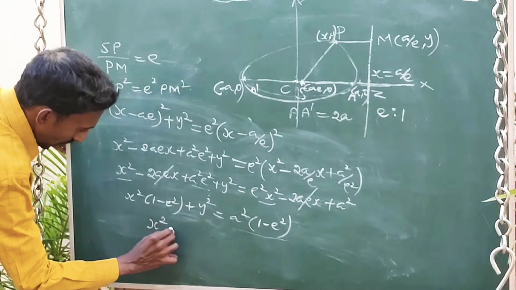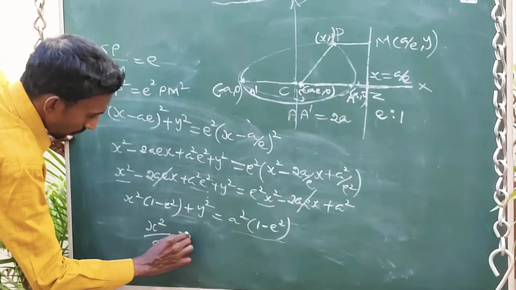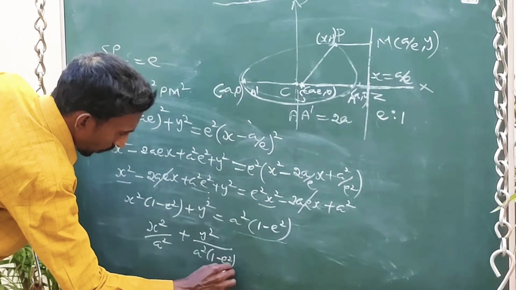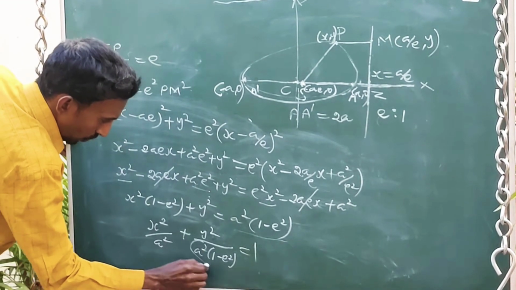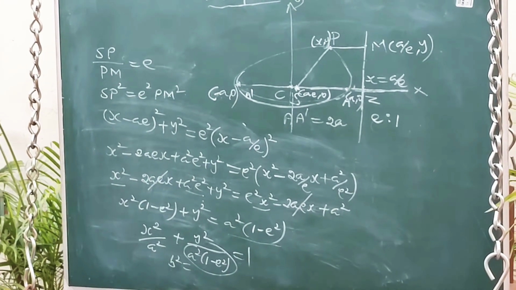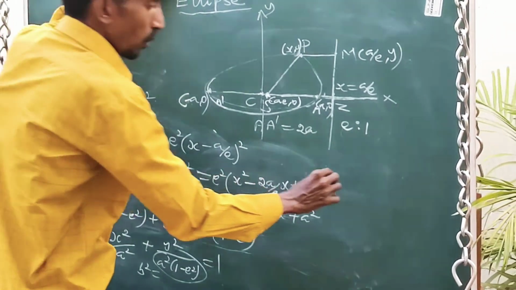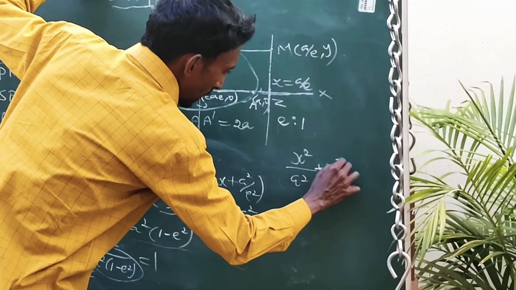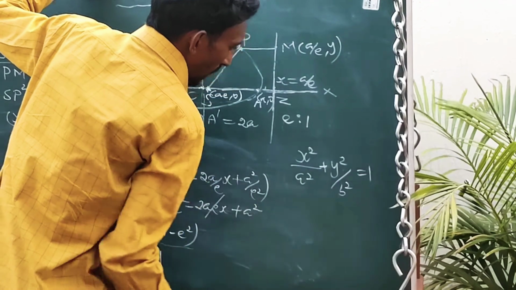We are getting x square by a square plus y square by a square into (1 minus e square). Again assume this value, a square into (1 minus e square), as some b square. We are getting the equation as x square by a square plus y square by b square equal to 1,